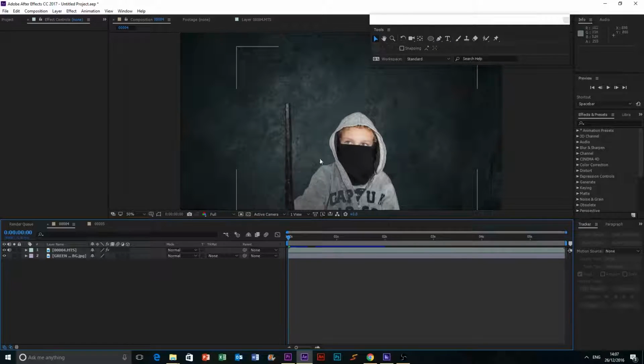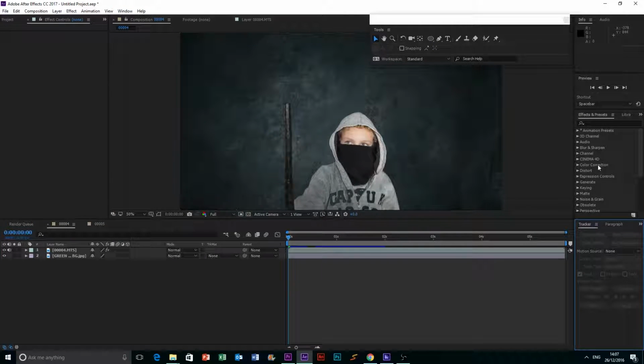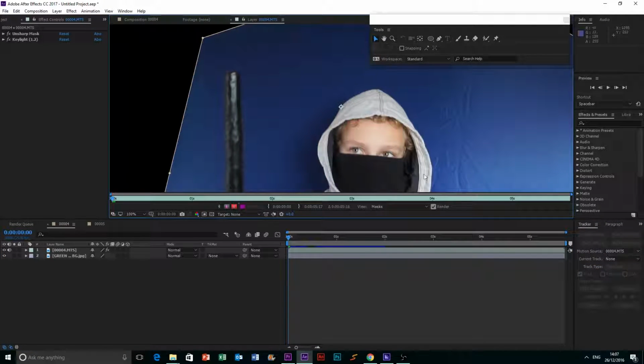Okay, so we're going to start off with the Lumos effect, and to do that we're going to have to track the tip of this wand. So we're going to go down into our tracker panel down here, and if you don't have it, then what you need to do is click Window and then click Tracker. And if you already have it and you've moved it somewhere, then it'll be where you've moved it, but this is the normal spot. Okay, so select your footage, click Motion Source, and then select the name of the footage,